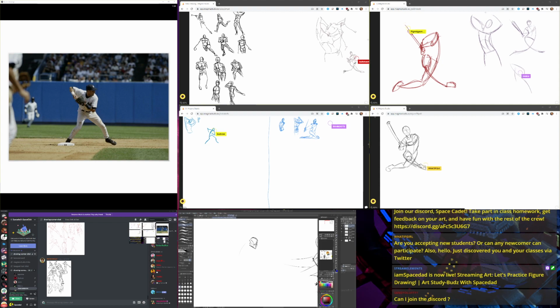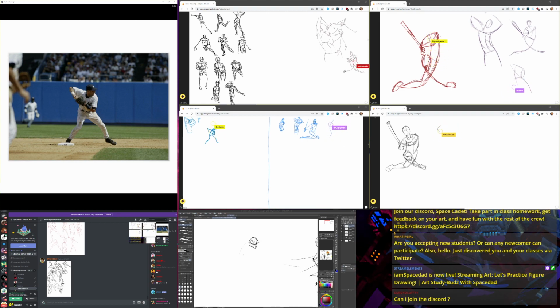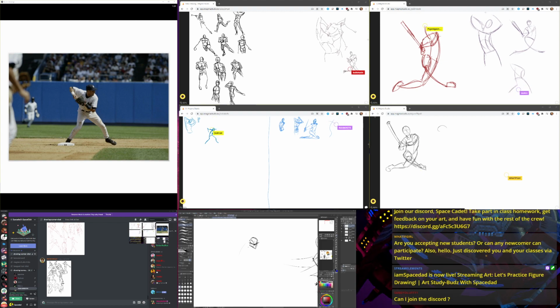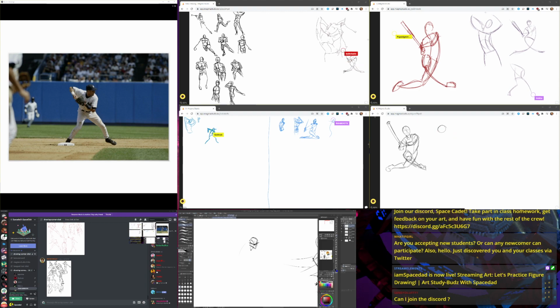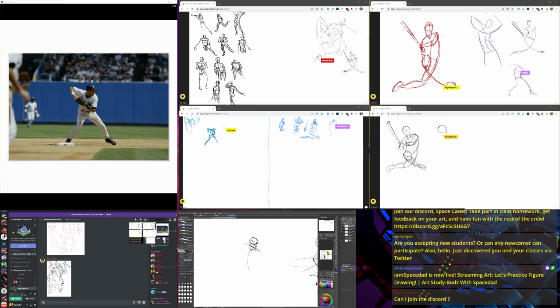So this little head here, the angle of the eyes versus the angle of the side of the head, pretty easy to track with that cap too. So pit of the neck in roughly about here. I kind of went a little too early with that center line for the body, but let's see here. So his shoulders, we are able to see the top of his shoulders a little bit. So clavicle's doing kind of this.